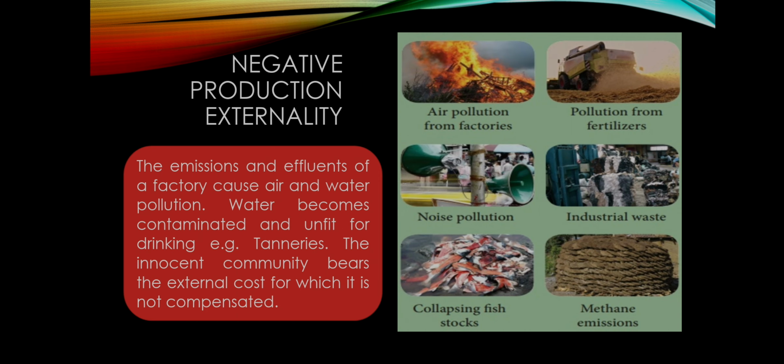So this is a famous one, negative externalities out of production activities. The pollution created by production activities, water pollution, air pollution, and all other kinds of pollution emissions out of production activities in factories and other production units. So these are the examples for both production and consumption